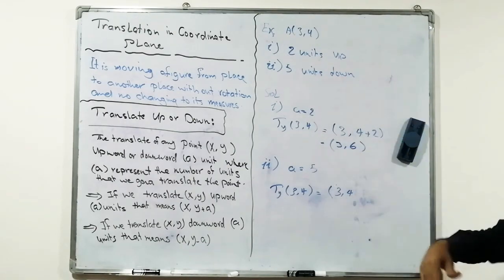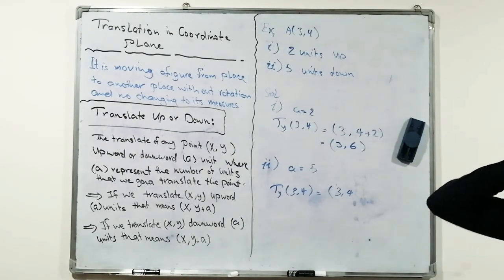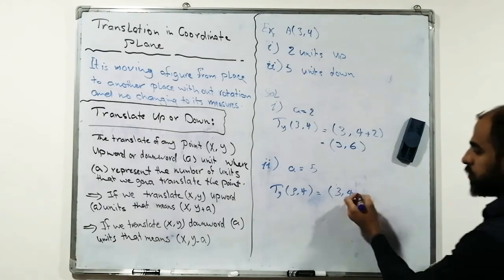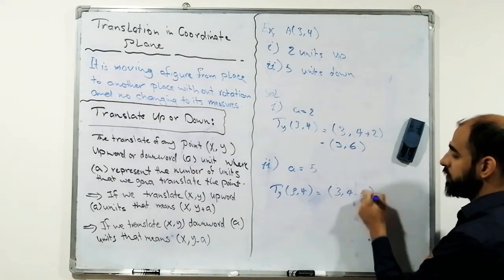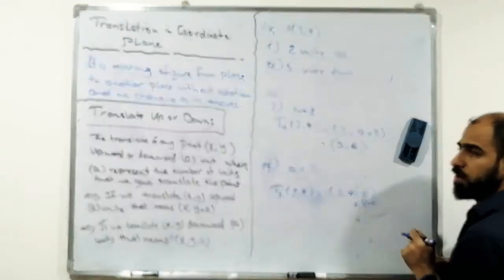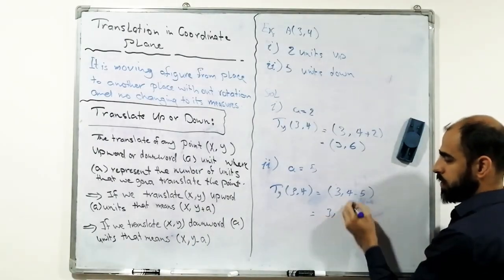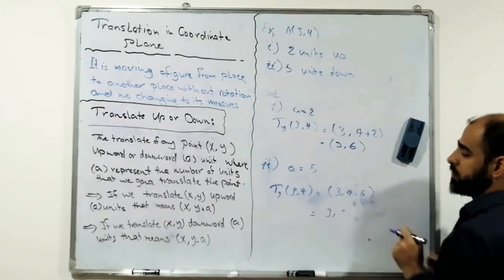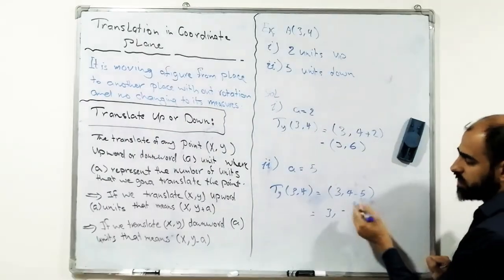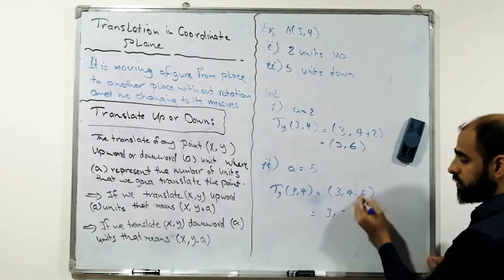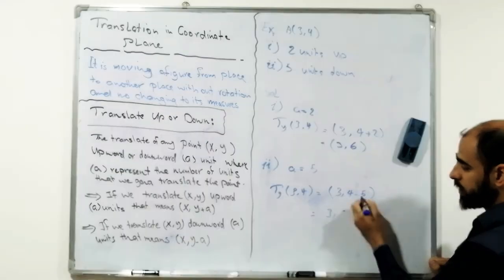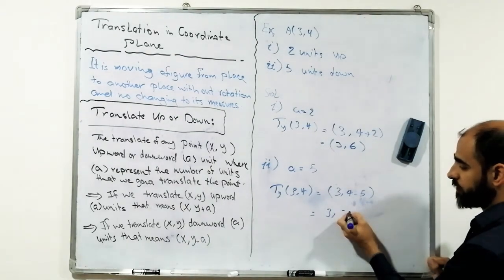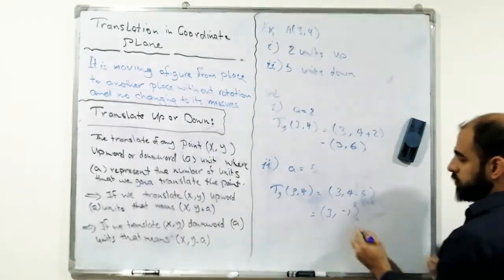Since the translation is downward, to the negative side of y, we are going to subtract 5 units from 4. Now 4 minus 5, we have two numbers with different signs. We take the sign of the biggest number, which is negative, and subtract: 5 minus 4 is 1. So here we have